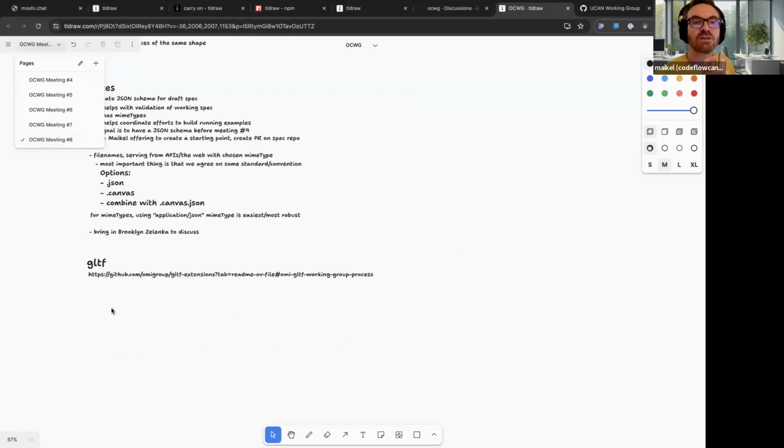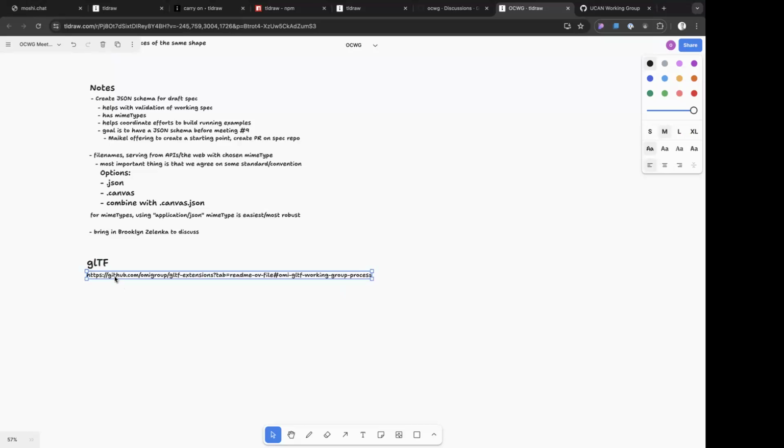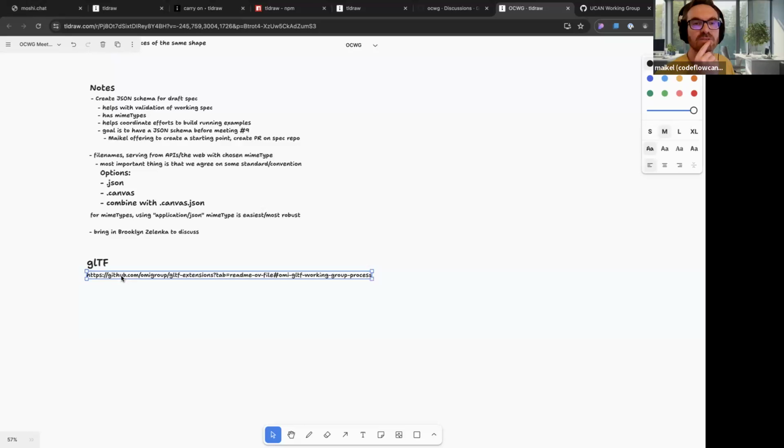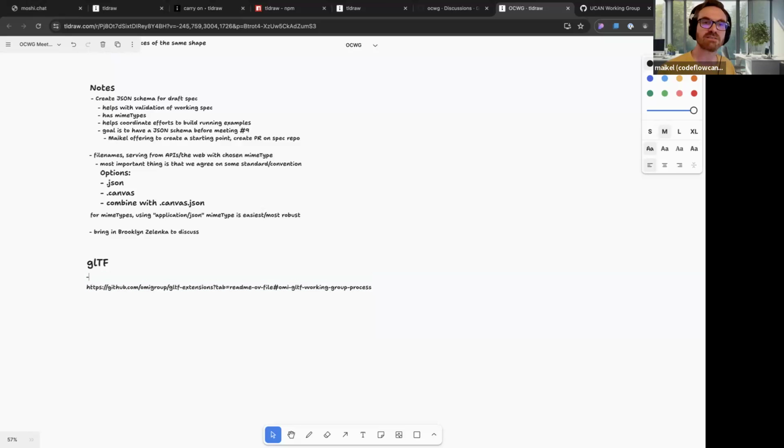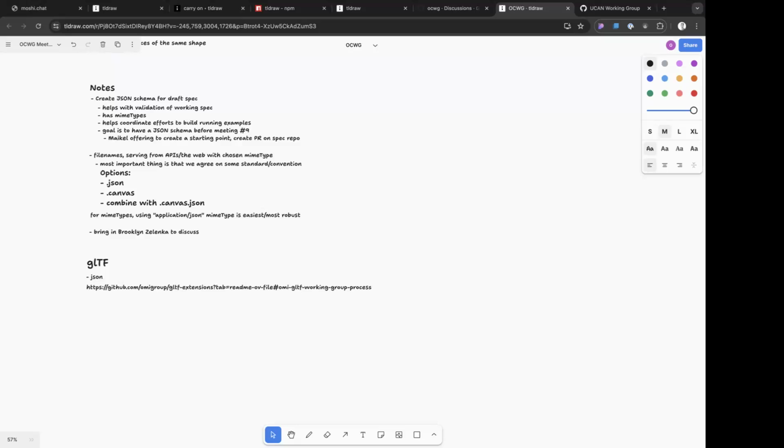Yes. Does GLTF have a JSON schema? Yes, it is a JSON schema. Okay. So there is also a JSON schema defined somewhere. Yeah, I'll drop some links, and also if I could screen share, I could go through again